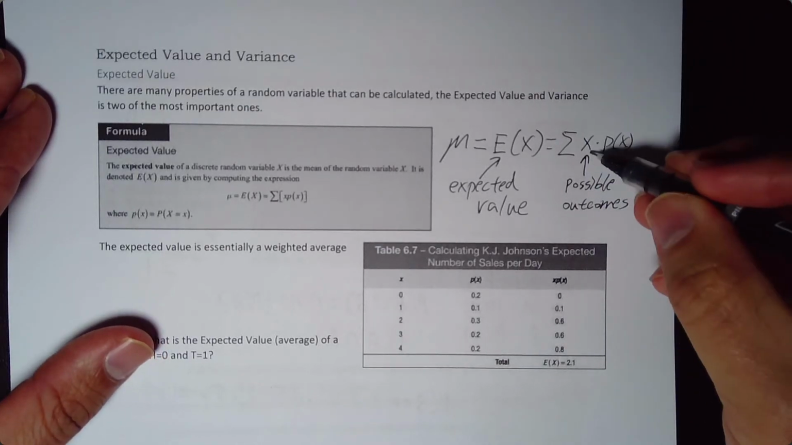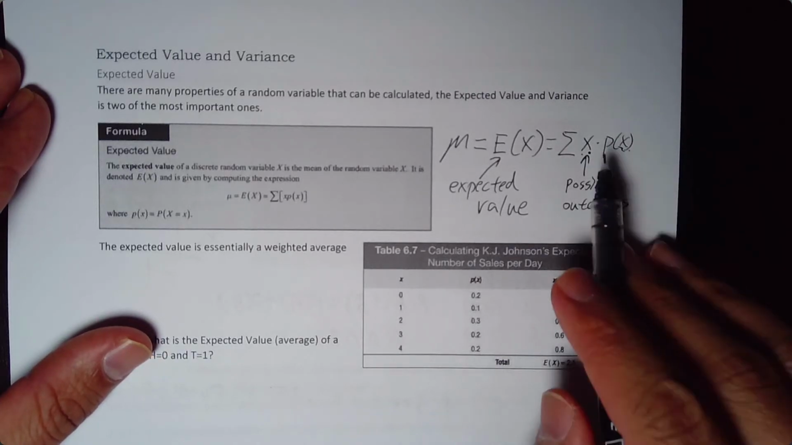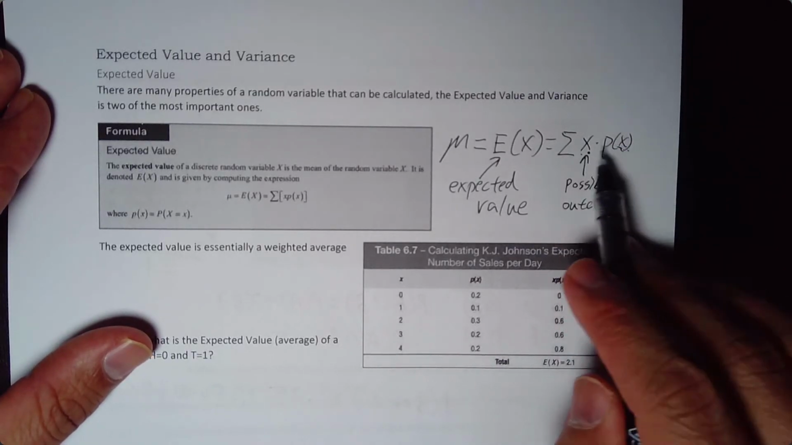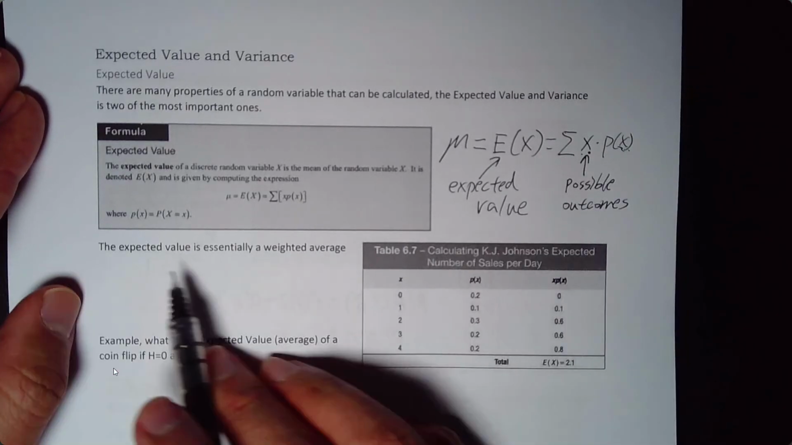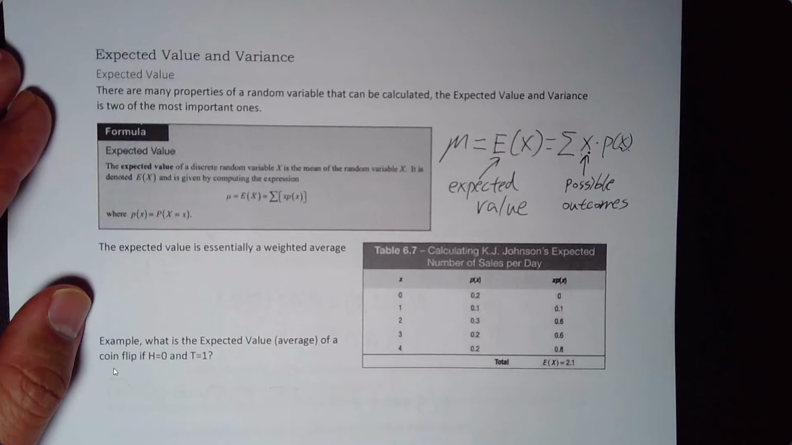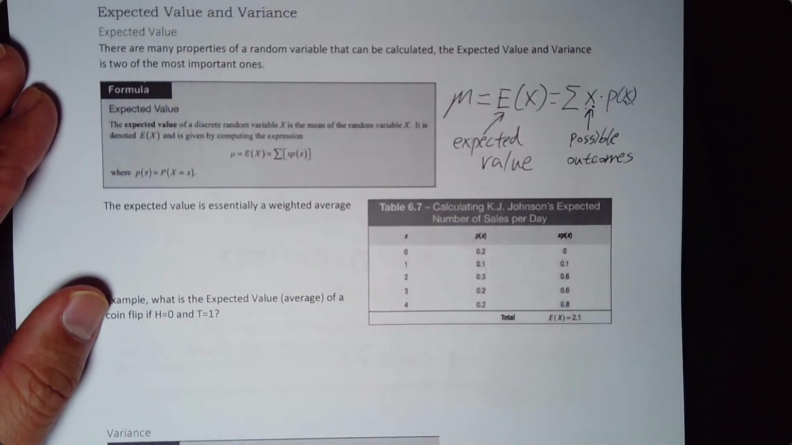Every possible outcome will have a probability attached to it. So you multiply them together and then you add them together. So really the expected value is like a weighted average. If I want to find the expected value of x,